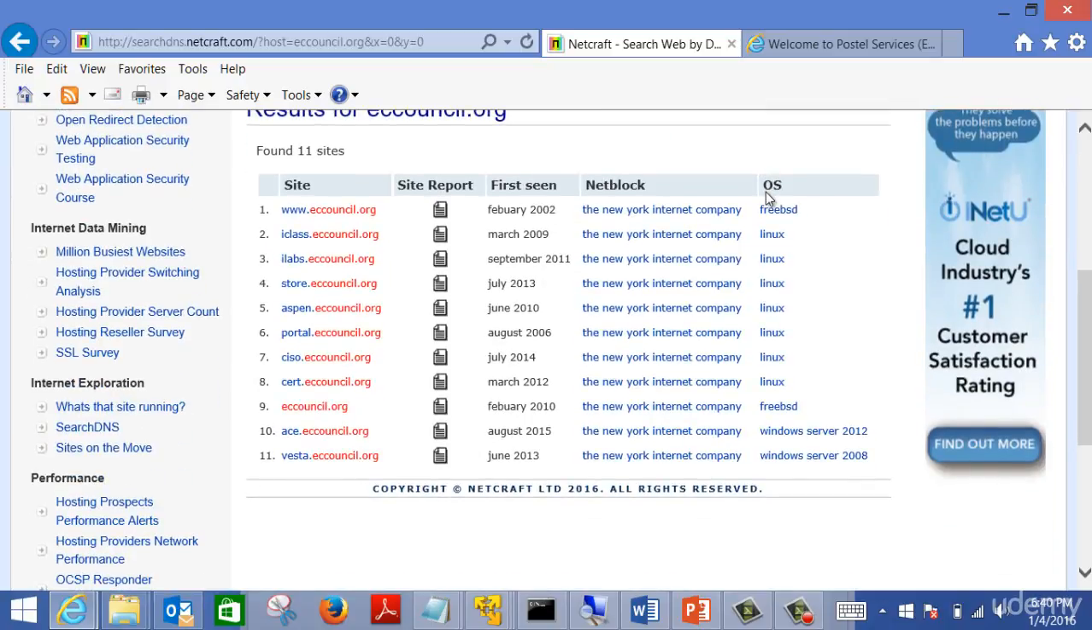This is the server that they have www. This site, they have ASAP, they have CERT, they have ideas, and on each server they write down what operating systems they have. So this one is FreeBSD, this is the Linux. This one is they used to have Windows Server 2012, Windows Server 2008, and this is actually a very good